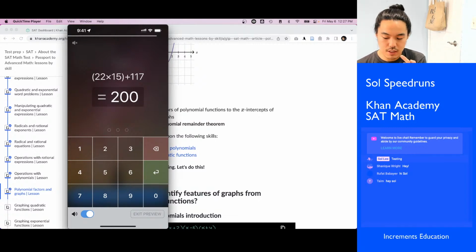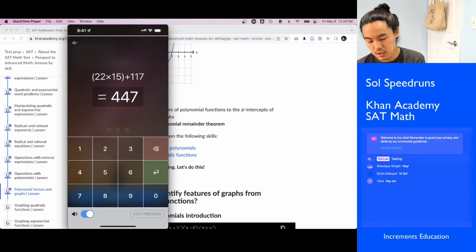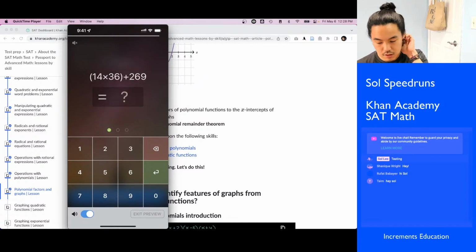You know, it's like 20 times 10 is the first thing I do. Then I do 20 times 5, which is 300. Then I do 2 times 10, which is 20, and then 2 times 5. There are some shortcuts around this, but basically I'm doing FOIL every morning. And then I do 447. Okay, so that's 447, and then I do my next